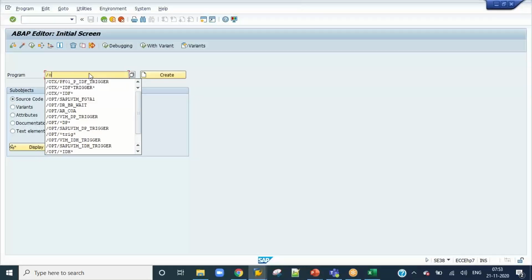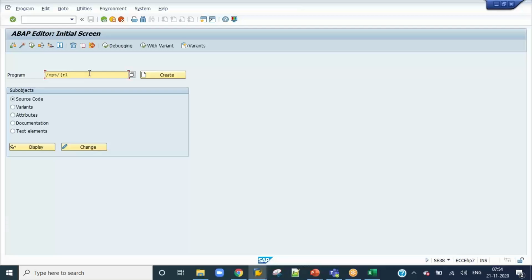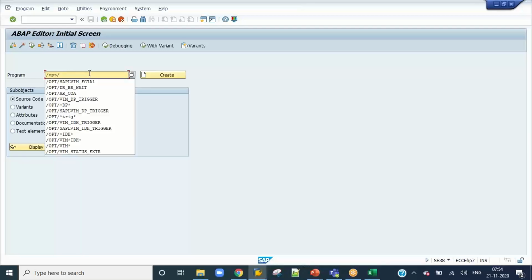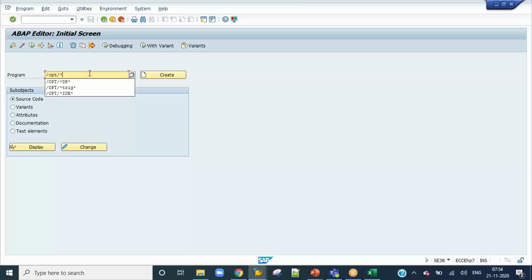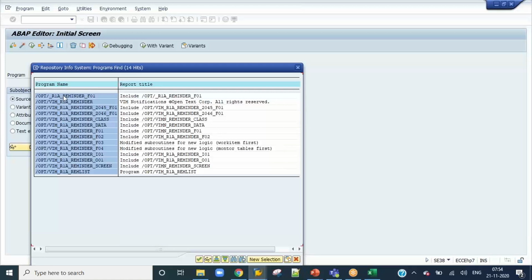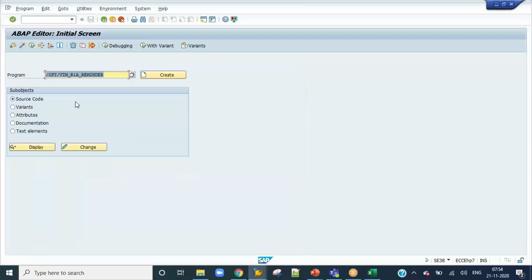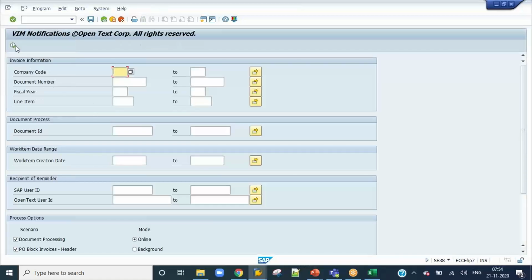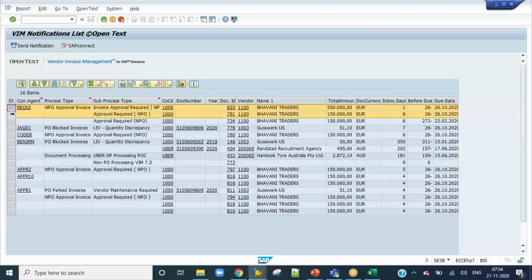So these notifications, OPT R1A reminder, star 4. So this is the reminder program, R1A reminder. Where is the program? Vim notification. If you execute this program, here you will see all the notifications which I want to send. So if I select this, and when I am sending the notification, it will see the